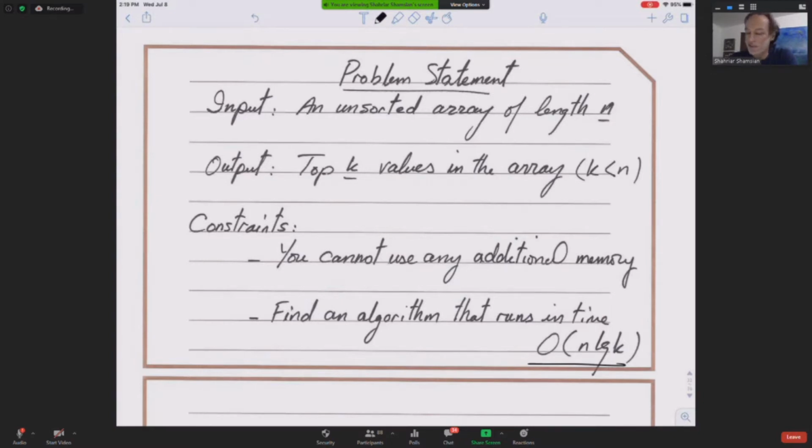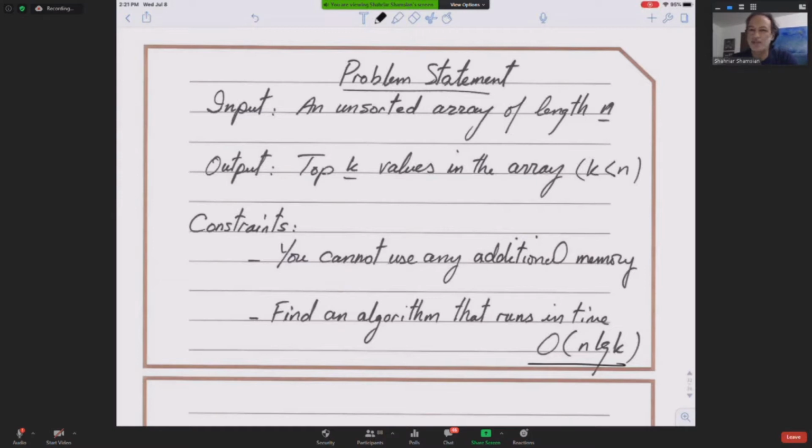All right, there's one solution that is suggested. Connor is suggesting you build a heap from the array. So how long would that take? If you want to pop off the elements from the top of that heap, each operation is an extract max, which takes log n time. You're going to do that k times, so it's k log n. And it takes n time to construct the heap. So if you're looking for n log k,